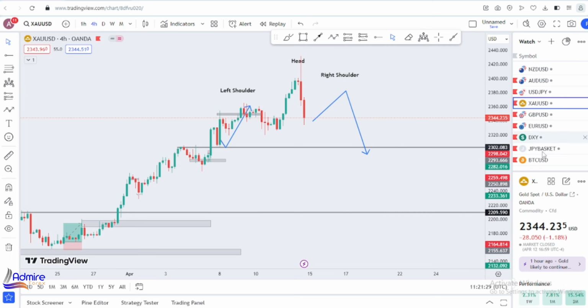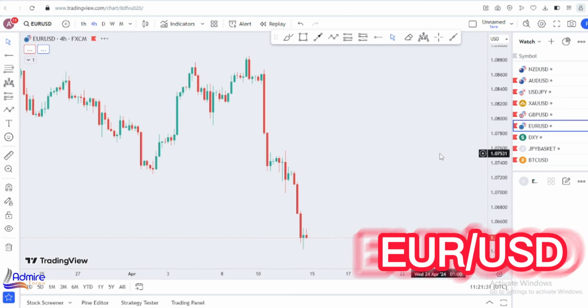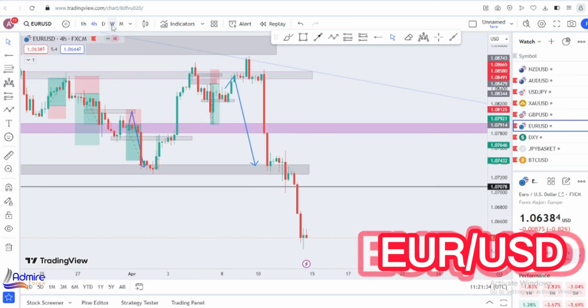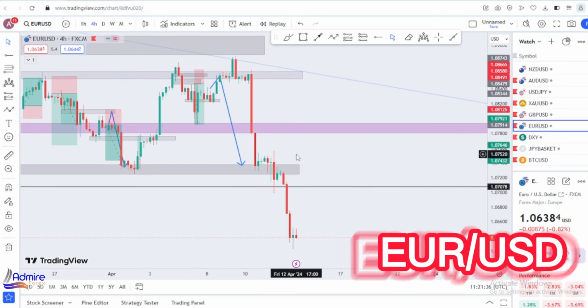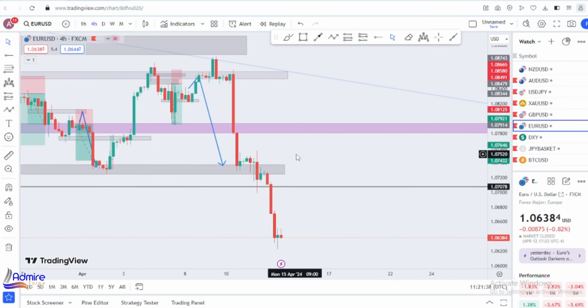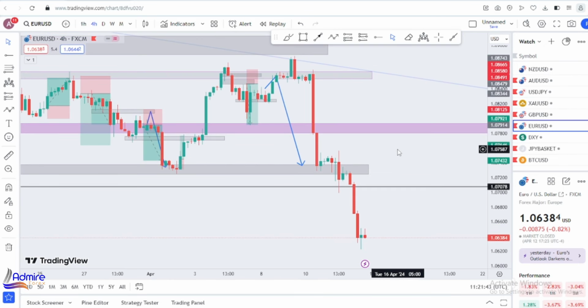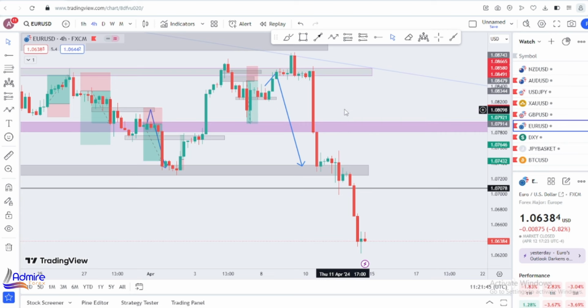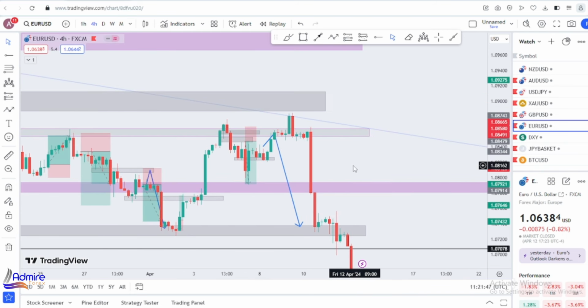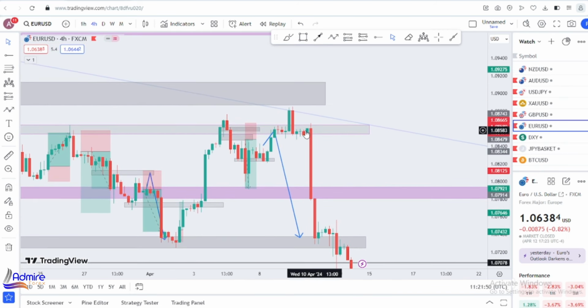Up next is Euro USD. For Euro USD, we can see it was a very tricky one for us last week. Just like we said, we are always predicting price into precision, but price had its way. Sometimes price has to do its thing. We took a loss on Euro USD. Actually, last week we took 2 losses and it came to the end of our 8-week winning streak on Euro USD and other pairs.